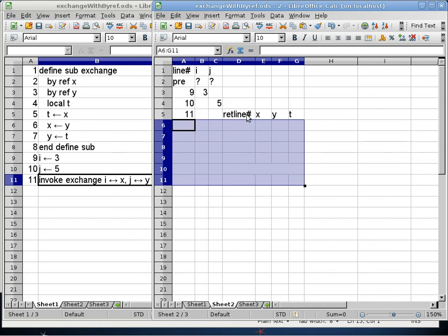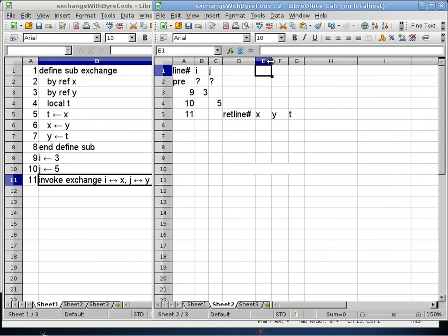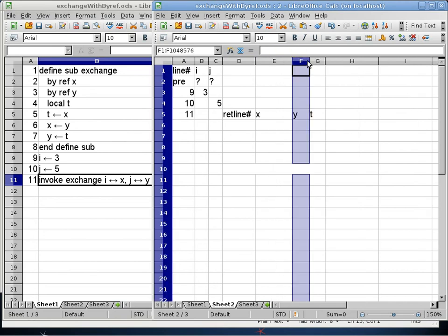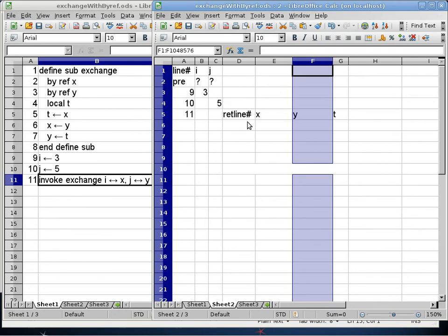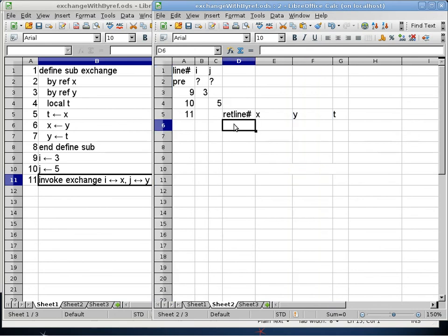So I'm going to change the trace after this point. I need more space in column E. I need more space in column F. Because now I need a way to say something to the effect of, oh, guess what? X is just another way to refer to column B, and Y is just another way to refer to column C. That's what we want to say. When you pass something by reference, you are telling the subroutine where to find something. So let's use an analogy before we go forward with this trace to illustrate the differences between